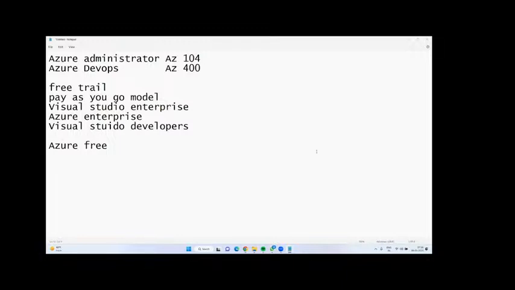Now we'll learn Azure admin and Azure DevOps. If we change the company, will they provide that much salary? Yes, why not? For Azure administration and DevOps, they are providing even 20 to 30 lakhs per annum.